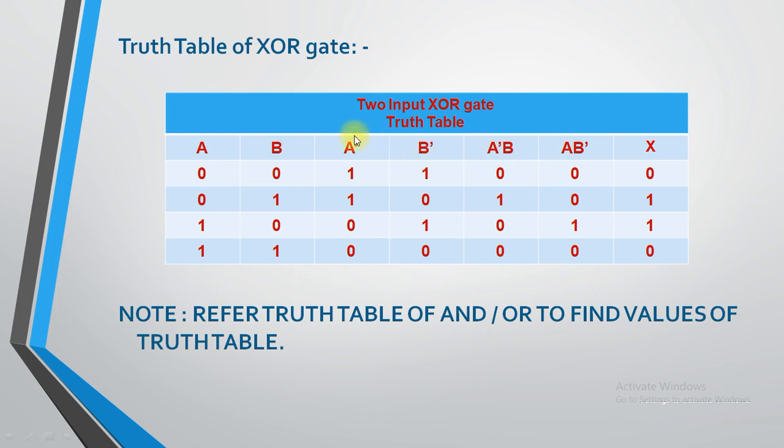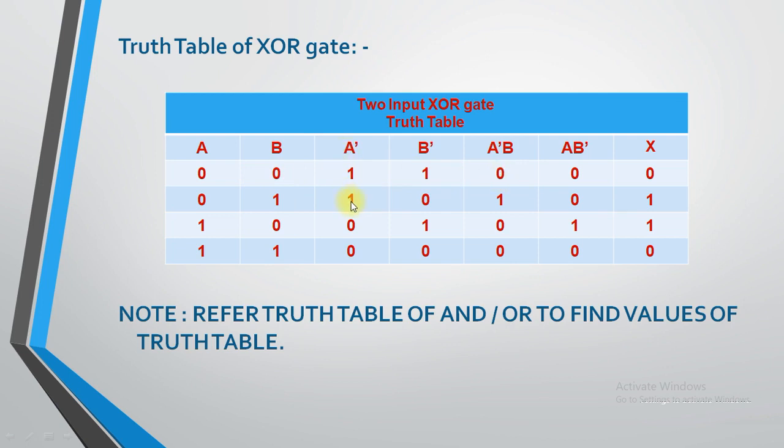Now first of all, you need to focus on the value of A dash and then the value of B. What is the first combination? 1 and 0. In an AND gate, remember that if both the input signals are 1, you will get 1 as output, otherwise 0. So in the first situation, the value of A dash is 1 and the value of B is 0. So 1, 0 means 0.